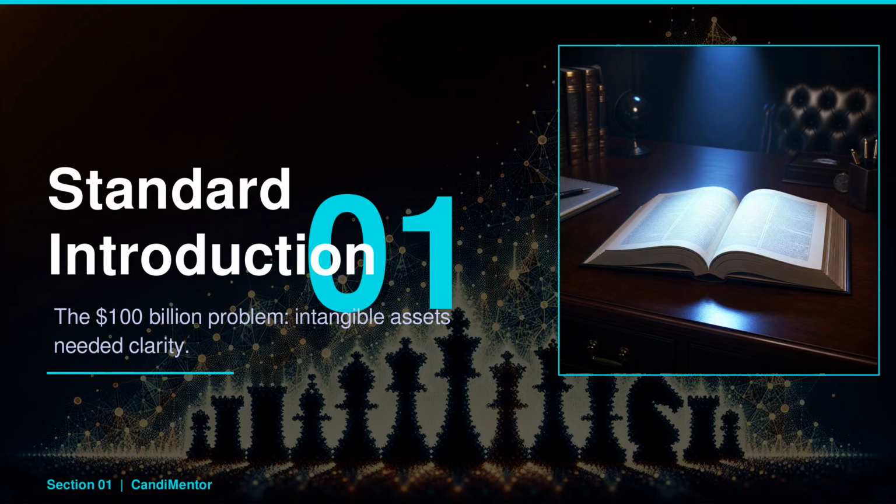Before ASC 350, companies could mask losses by overstating intangible asset values. In 2002, Goodwill impairments alone reached over $50 billion. This standard brought clarity, ensuring assets reflect true economic value. By the end of this section, you'll grasp how ASC 350 redefined asset valuation and its significance for financial transparency.